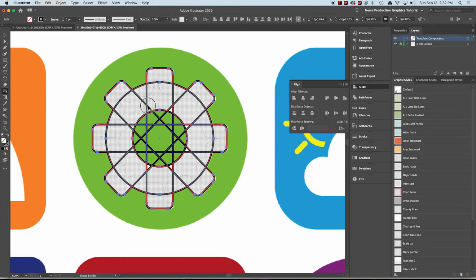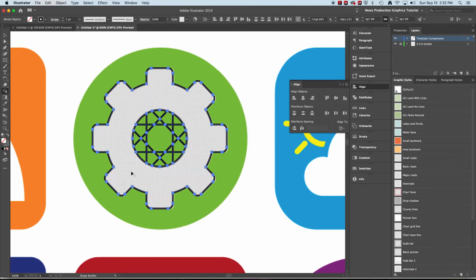And I'm clicking and holding. I haven't released my mouse yet. And as soon as I get to the last little spike, then I will release the mouse, and you can see that that puts that just where it needs to be. If I then